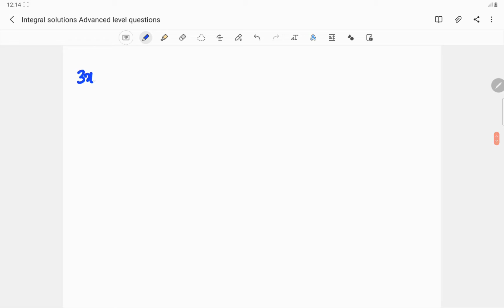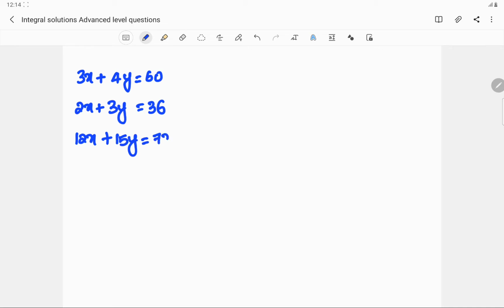Say one is 3x plus 4y is equal to 16, and 2x plus 3y is equal to 36. Another equation is 12x plus 15y is equal to 720, 15x plus 20y is equal to 600,